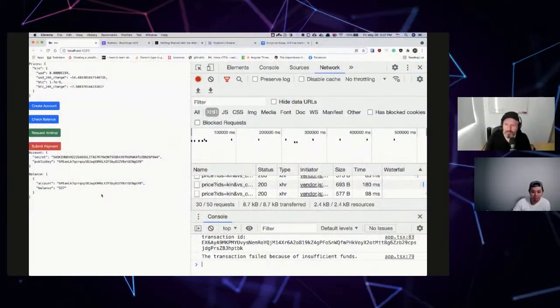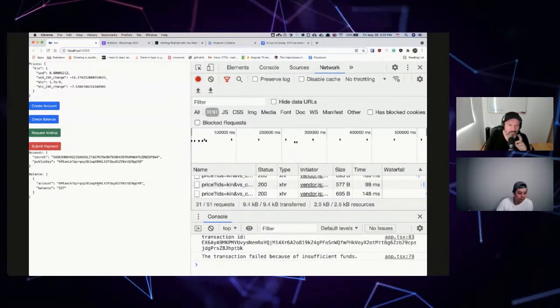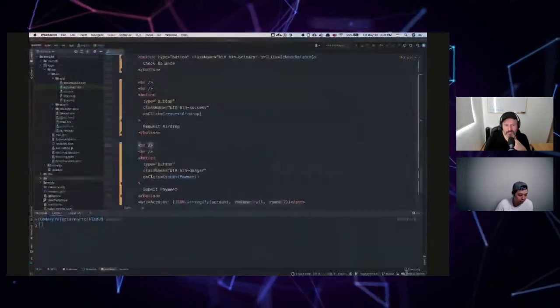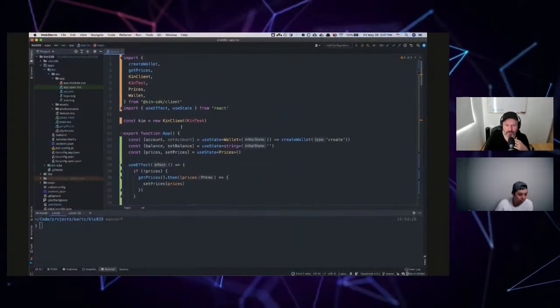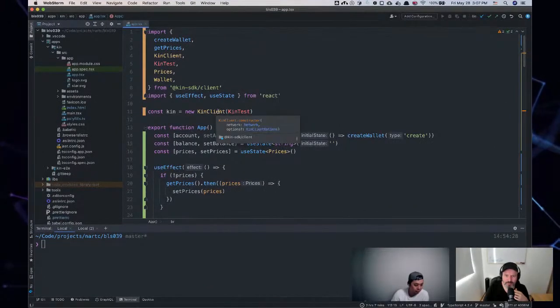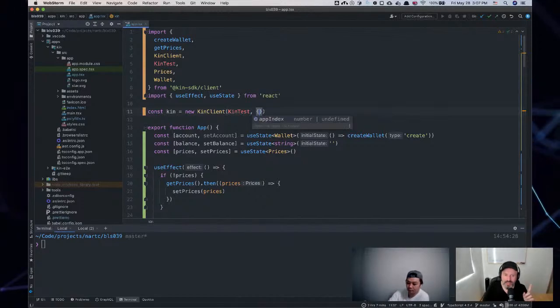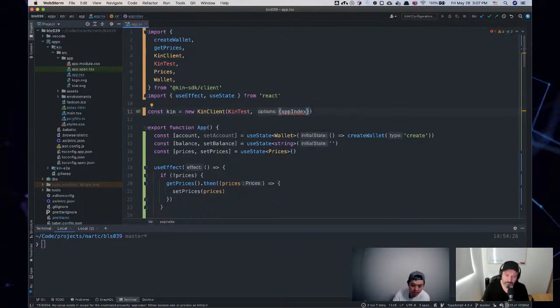And one of the nice things that we didn't really mention, but Kin has another property, and that is the Kin rewards engine. And if you're a developer on Kin, let's go quickly back to your application for a second, and let's open it in the code. Because if you look at the initialization of your client, you'll see that we accept an object as a second parameter. And this doesn't have a lot of sense on the test network, but this takes an app index. And an app index is a number that you're going to get from the Kin Foundation. You need